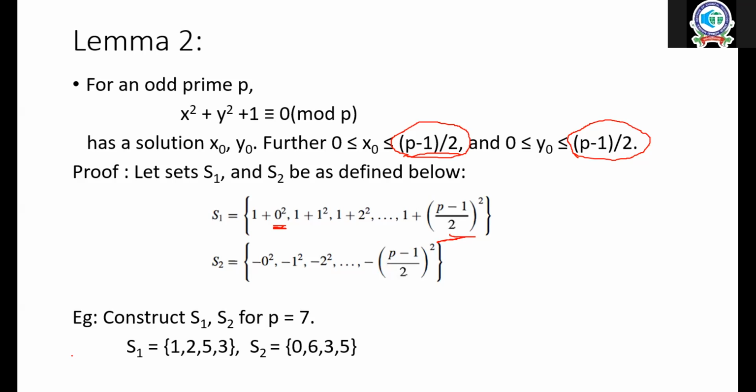So somebody can summarize now, not Achila. Somebody can summarize. What is it that we have done regarding S1 and S2? Can you summarize? Okay, I'll start since you are not starting. S1 contains (P plus 1)/2 elements, we proved. S2 also contains (P plus 1)/2 elements. That is easy, just counting 0 to (P minus 1)/2. Then afterwards, what have we done?